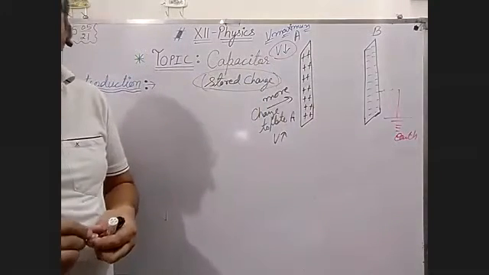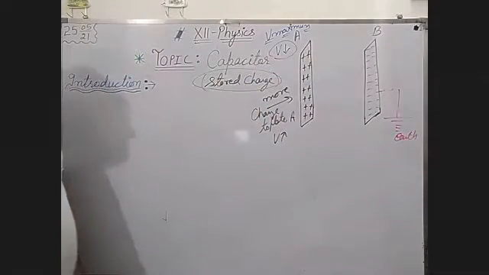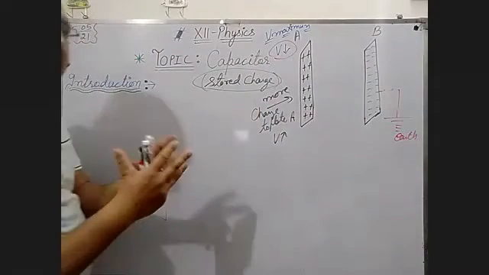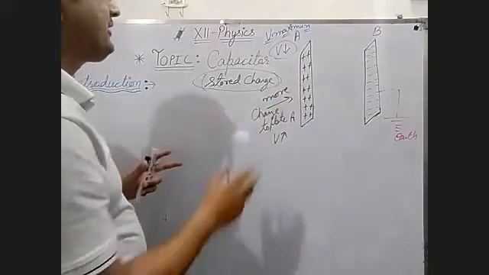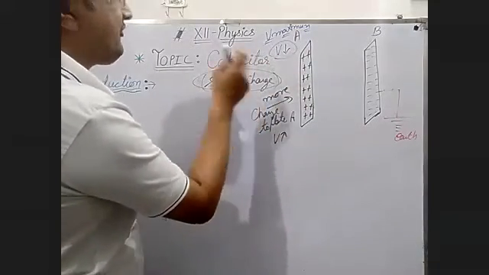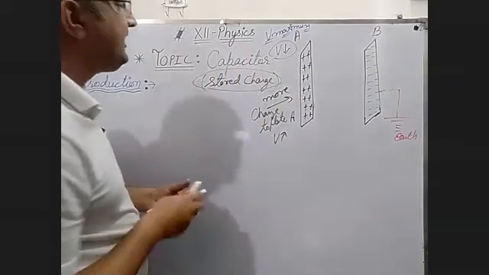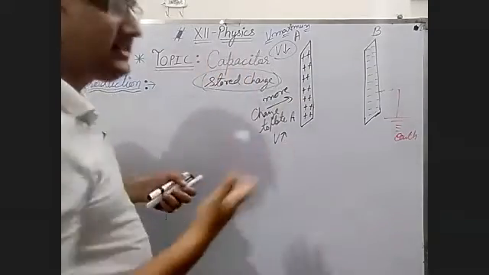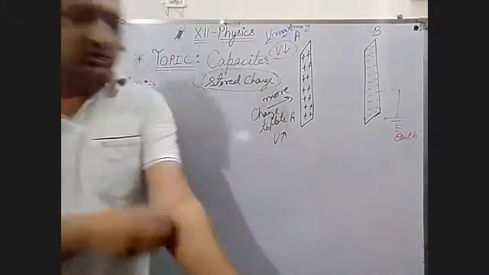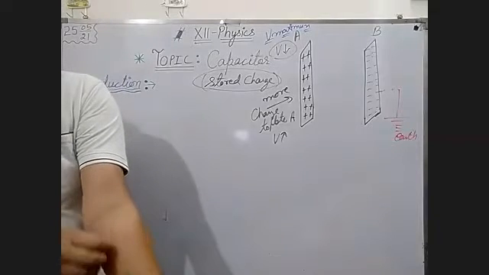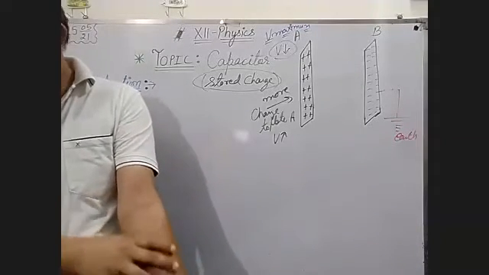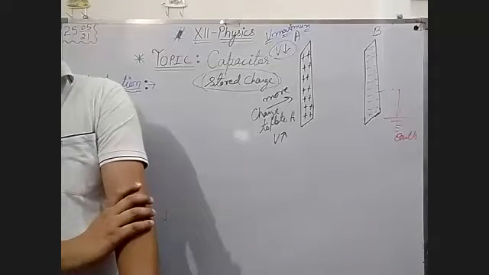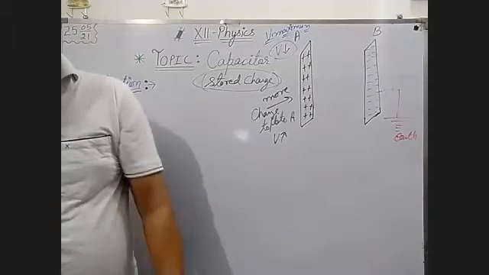Storage of charge is called capacitor. The device which stores the charge is called capacitor. Okay, this is the basic principle of capacitor, and this is the definition of capacitor. We can write it this way: capacitor is the device which stores charge. Now the another thing is that